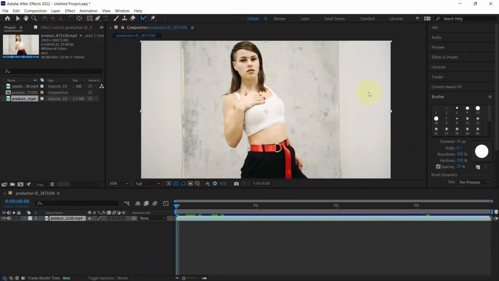Hello everyone, in this video I want to show you how you can remove any background of any video. I know a lot of you will be like, well, you have to use a green screen. Now the reason for this video is if you don't have a green screen, or if you don't need to use